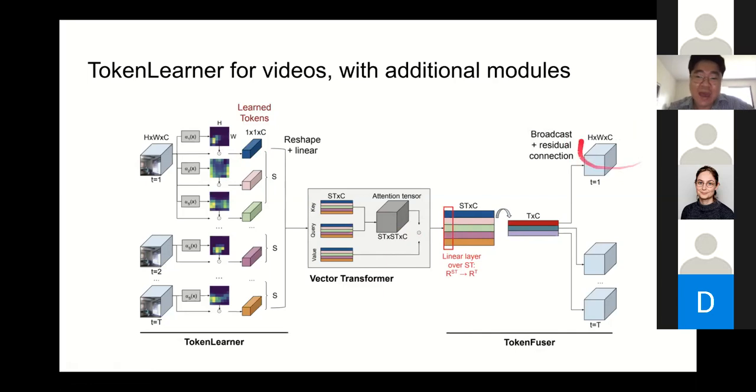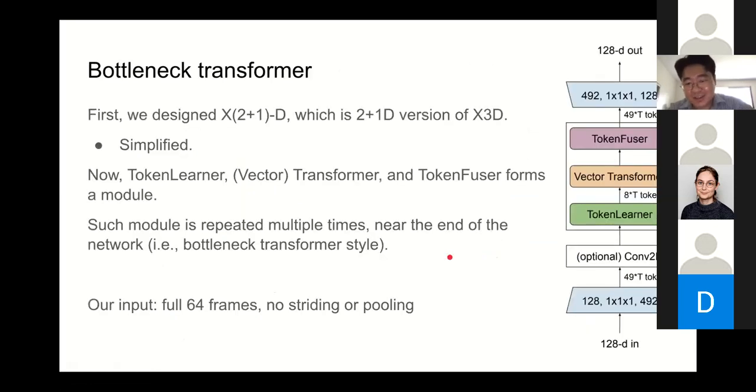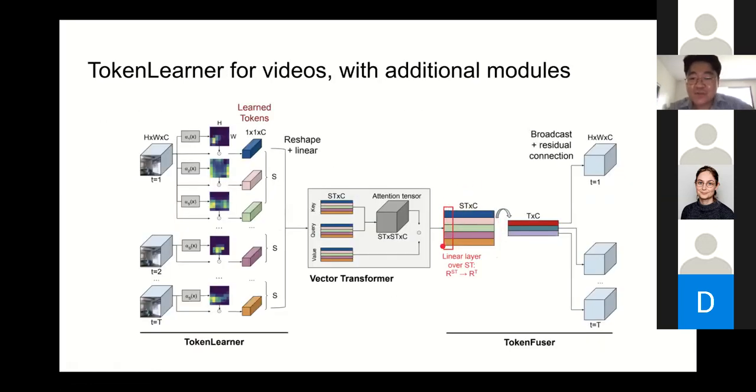We cannot really go back to the original tensor size of height, width, and channel. And in some cases, for example, if we want to mix this with convolutional layers, we do want this to be back, not just tokens. So in order to do that, we did token fuser, which is about applying a linear layer over space-time tokens and then making them smaller so that we have one representative token per frame. And then we broadcasted such token to the original tensor using residual connection. Now our input and output have the exact same size while we save the transformer computation with the TokenLearner. And there could be other forms of token fuser. I'm just giving you one example.